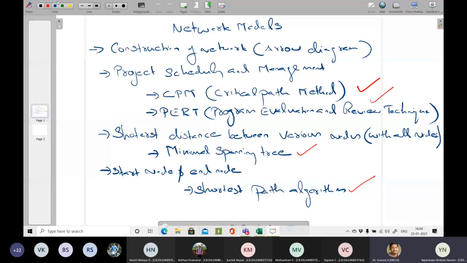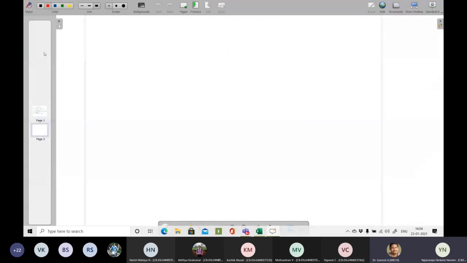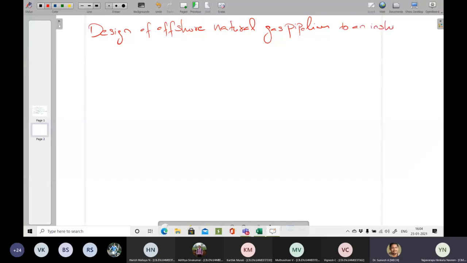So the problem is to design offshore natural gas pipelines to an inshore delivery point.